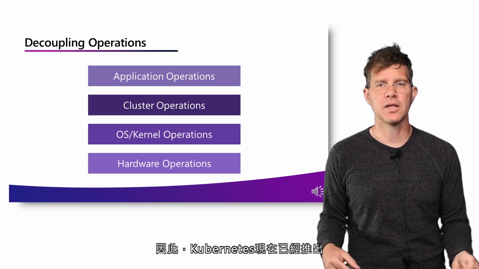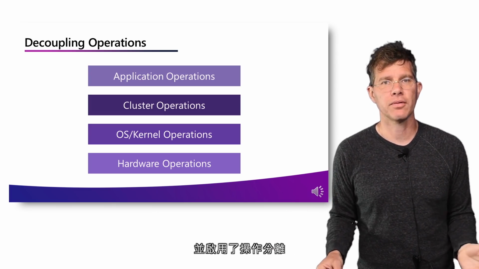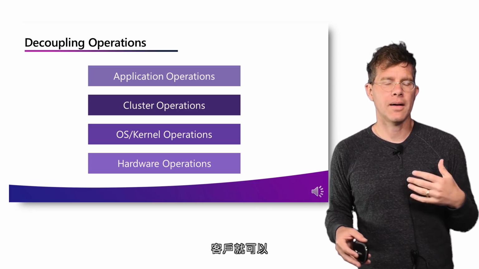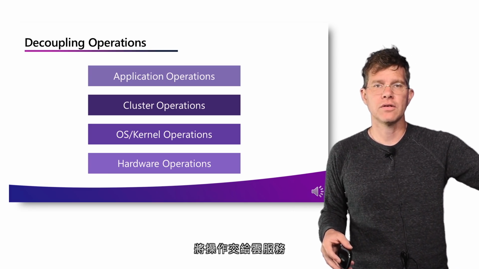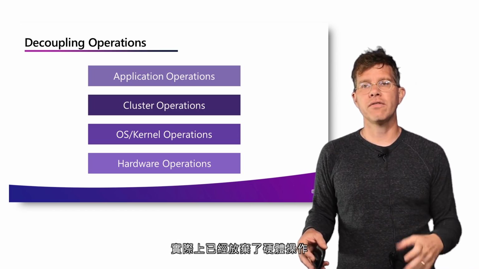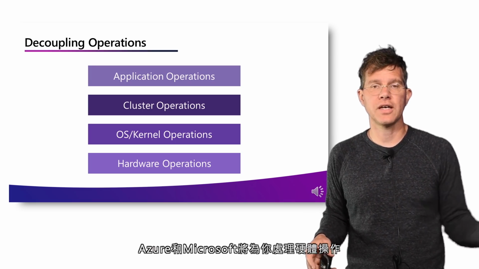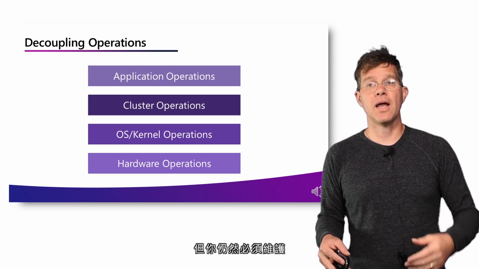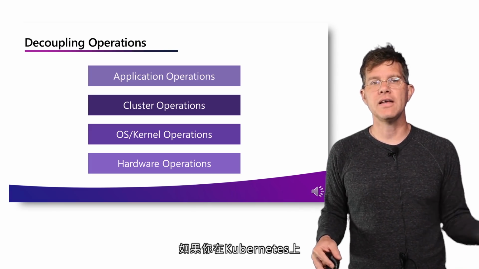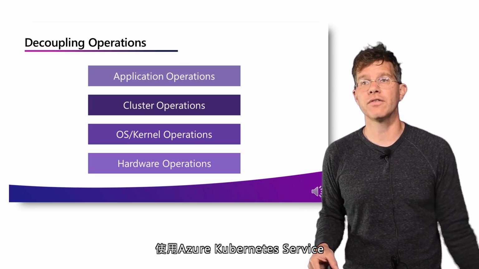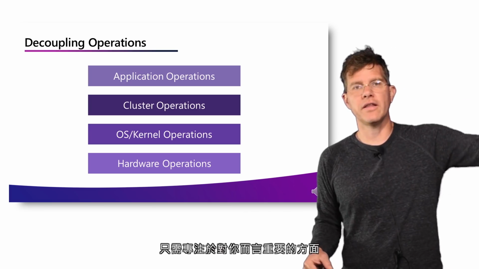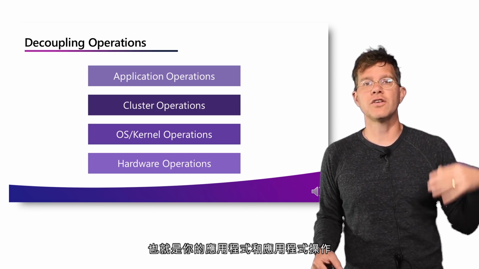So Kubernetes has come along and enabled this decoupling of operations. And then when you combine that with the cloud, what you see is that you can actually give away those operations to a cloud service. So in the case of using Azure VMs, you've actually given away hardware operations. Azure and Microsoft will take care of hardware operations for you. And obviously you still have to maintain OS, cluster, and application. But if you take Kubernetes and you actually use something like the Azure Kubernetes service, you can actually get rid of most of your operations and focus exclusively on the area that's important to you, which is your application and